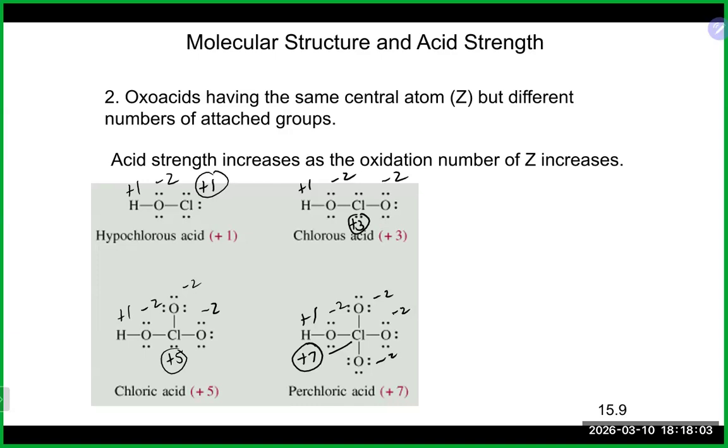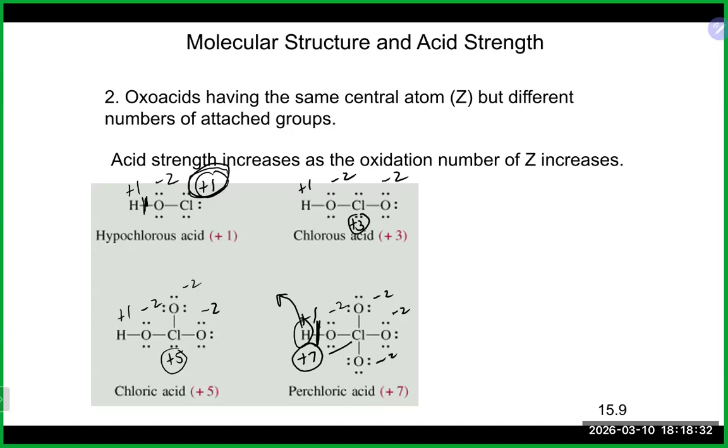Basically, it's the same idea, because the chlorine at the bottom there in perchloric acid has a much higher positive oxidation state. Opposites attract, right? So negatively charged electrons are going to be pulled in closer to that bigger positive charge. And what that's going to do is weaken this bond right here and allow that hydrogen to come off a lot easier than